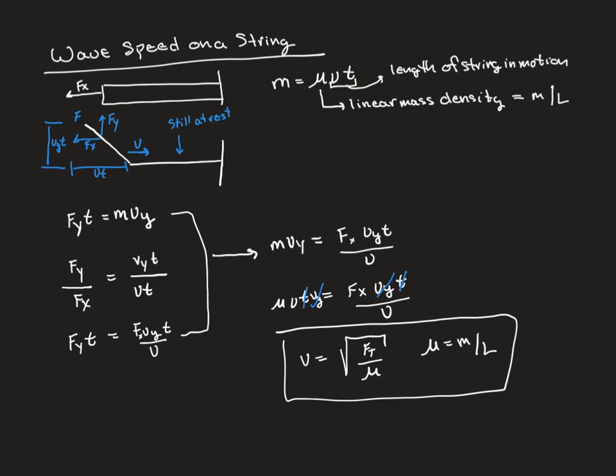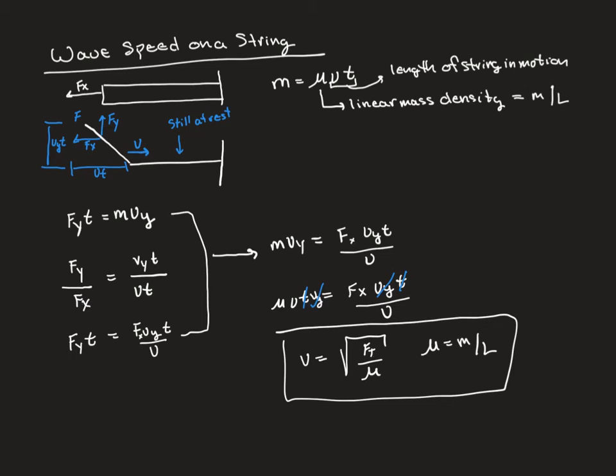So I've already said we can cancel out the Vy's on both sides, and then we can cancel out the time on both sides. So rearranging, we get that the speed of the wave is equal to the square root of the tension in the string divided by the linear mass density, where the linear mass density is mass per length of string. And this is something that should conceptually make sense to you, because when you go to tune